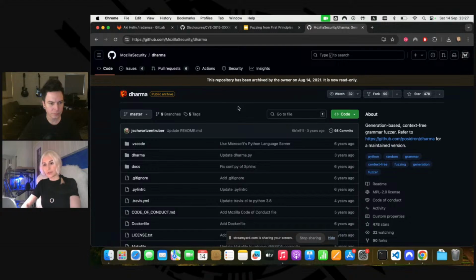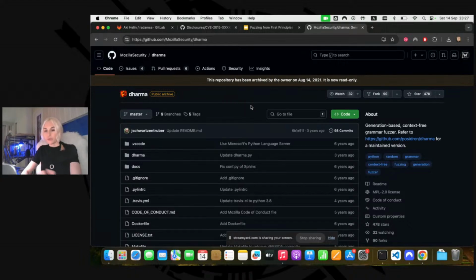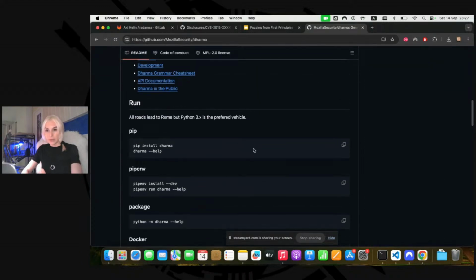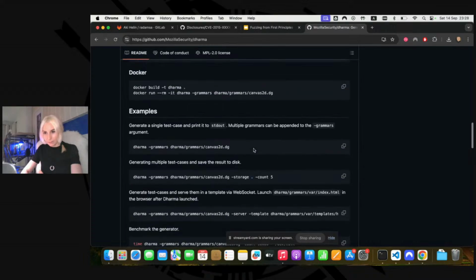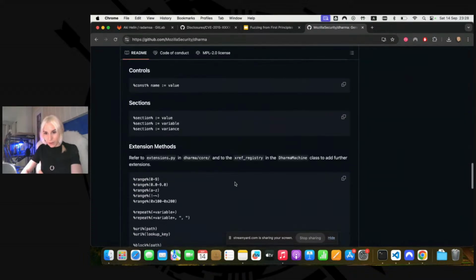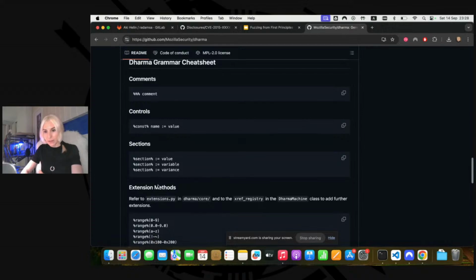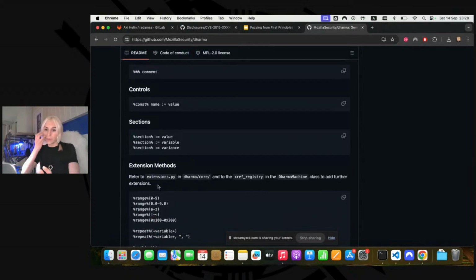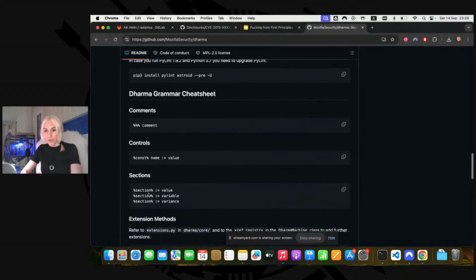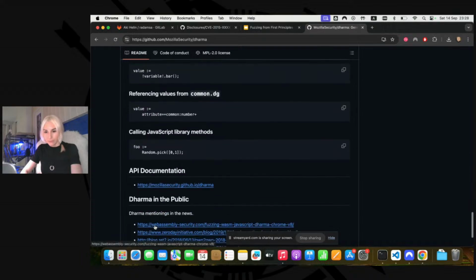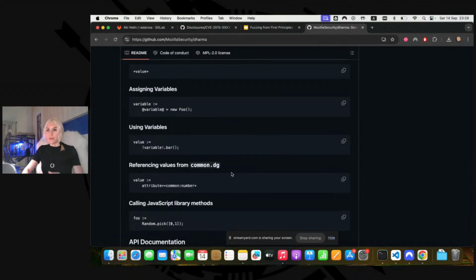And this is super cool because it allows you to generate a lot of valid formats, various programming languages, various specific formats. So Dharma is well supported, it seems, and it accepts a grammar file. It has some variables internally that allow you to define specific sections of the output. For example, there is some range of values. And why is it cool?